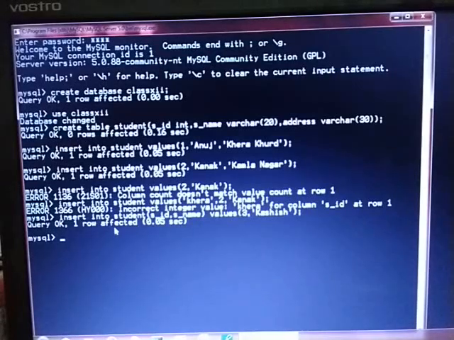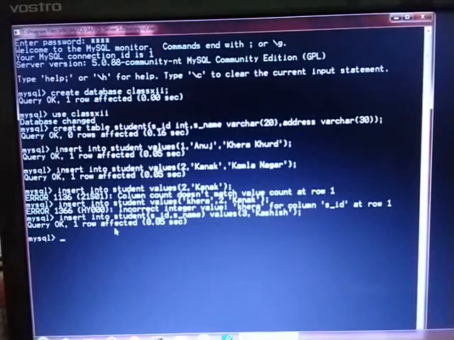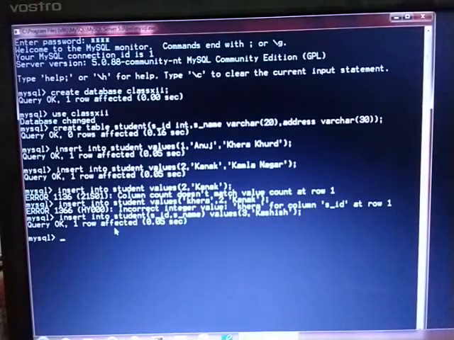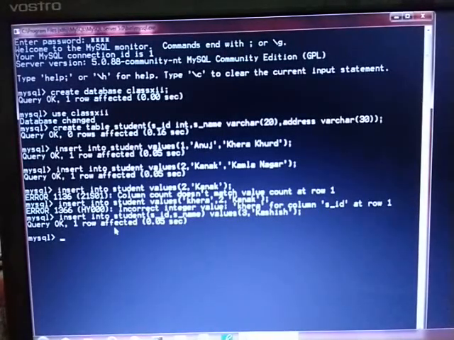How? Because I have mentioned the column names over here. So in this scenario what will happen? At the third place I have to write the address. At the third place I had to write the address, no, but I have not written the address over there. So by default which value is going to be stored? I have told you in the constraint, a null value will be stored in the address column in Kashish's record.